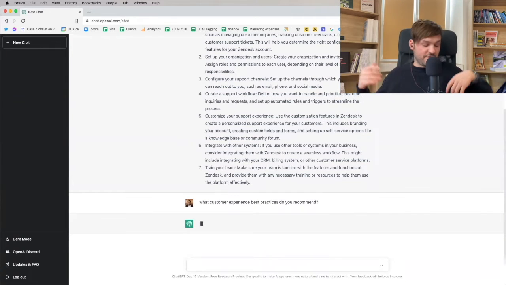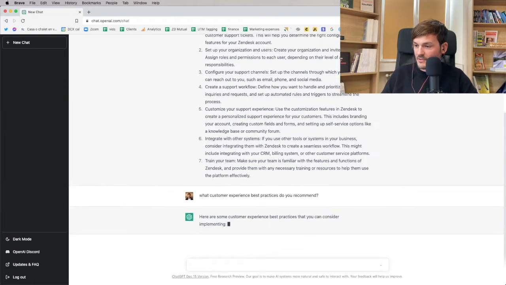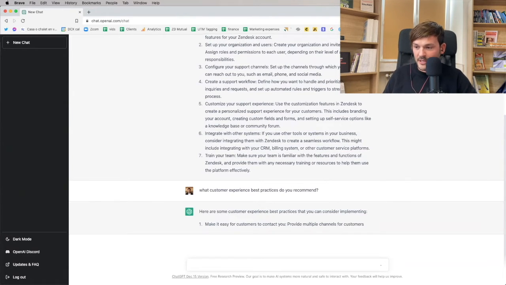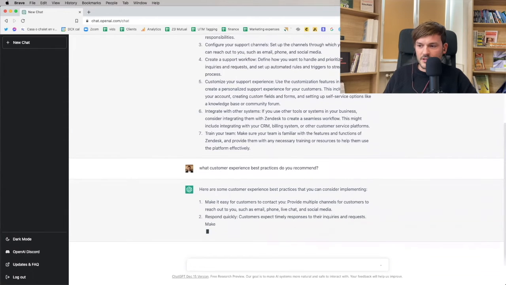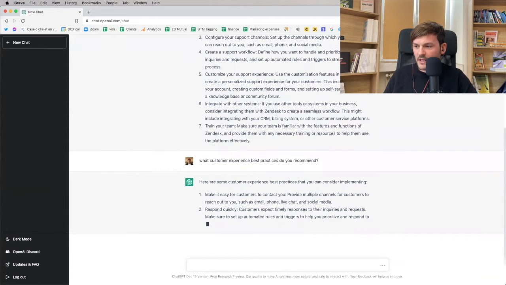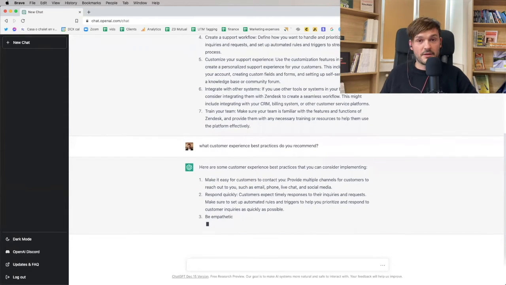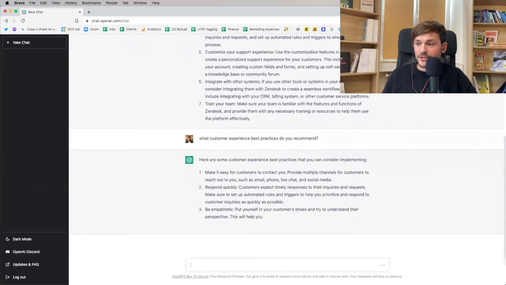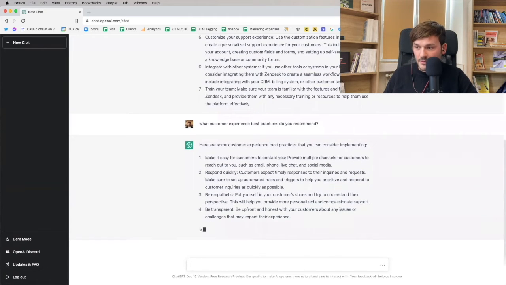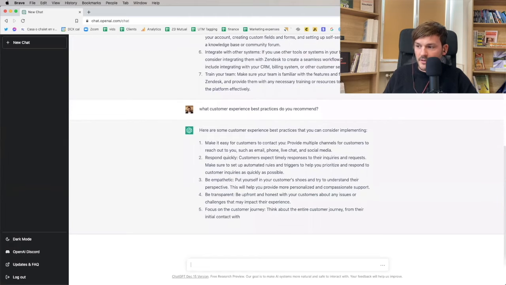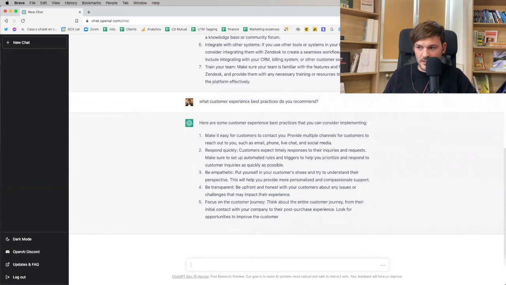Let's try a different path. Let's give it a more global theme. Let's see. Here's customer experience best practices that you consider implementing. Make it easy for your customers to contact you. Provide multiple channels for customers to reach out to you, such as email, phone, live chat, and social media. Okay. Respond quickly. Customers expect timely responses for their inquiries and requests. Make sure to set up automated rules and triggers to help you prioritize and respond to customer inquiries as quickly